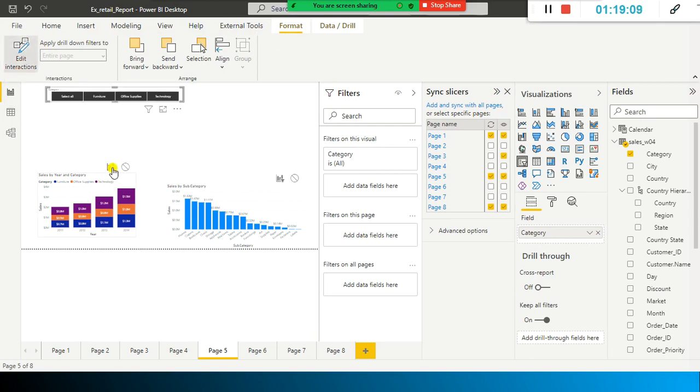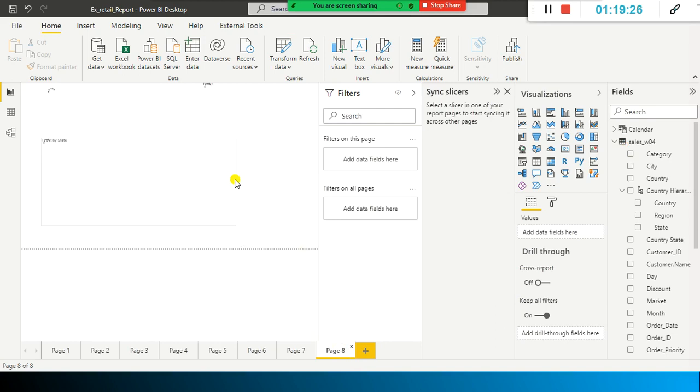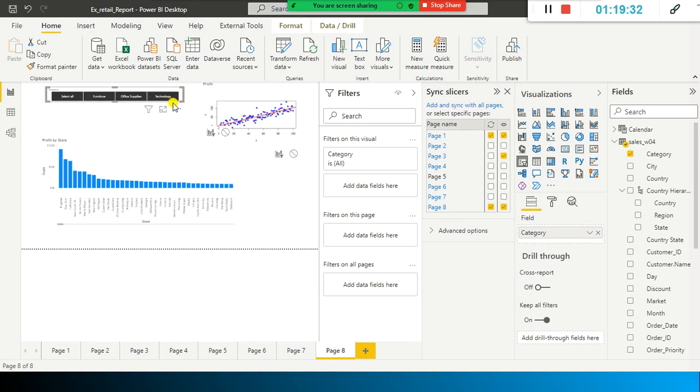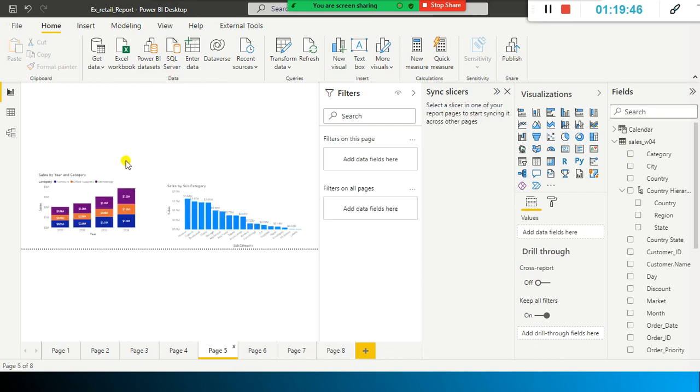See, when I selected this one, you can see something like this, along with this one. And here what I do is I just remove this one. For the time being, I just go ahead and remove it. One second, I'll just go here. Fine, I just remembered. I'll go back to page number 5. In page number 5, we are going to see how to control the filtering in Power BI.